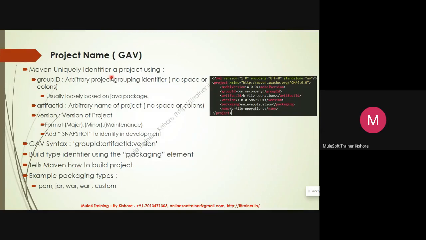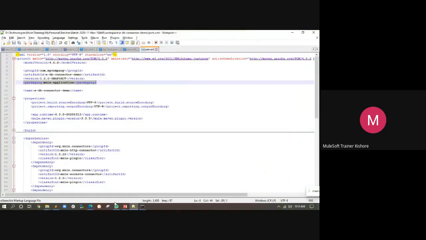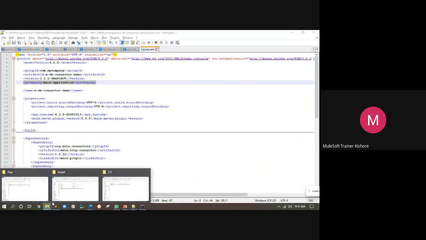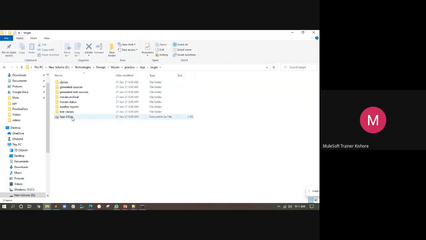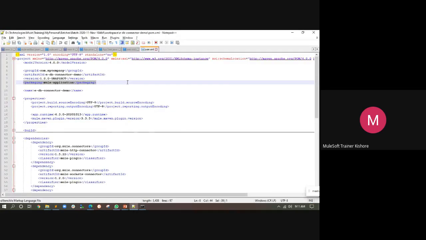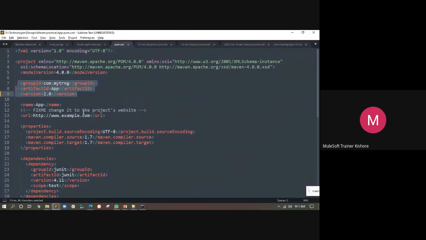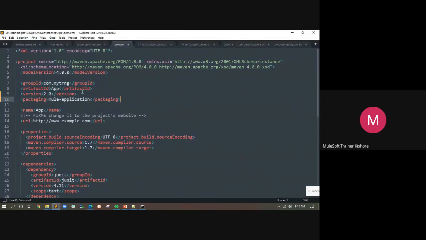Our Mule application is a custom packaging specific to Mule. Generally your default packaging is a jar. So your app was packaging as a jar file. So your default packaging is jar. So if you go here and mention a packaging, you can mention it as a jar file.